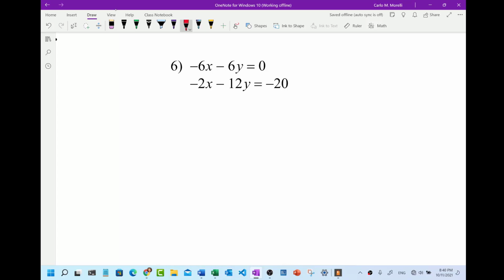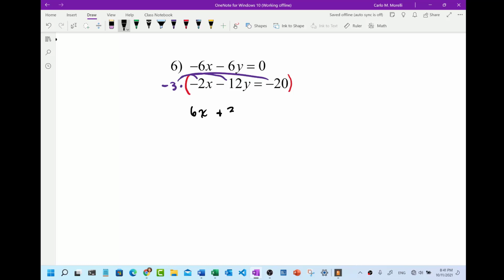What would we do? Well, we would multiply the entire equation by something that would turn that negative 2 into a positive 6, which would be a negative 3. Right? That would be the ideal situation, and then we could just add, right? So we're going to distribute that to all the terms in the bottom equation. Okay, so we're going to have to rewrite all of this now. So we're going to write, let's see, negative 3 times negative 2x, that's 6x